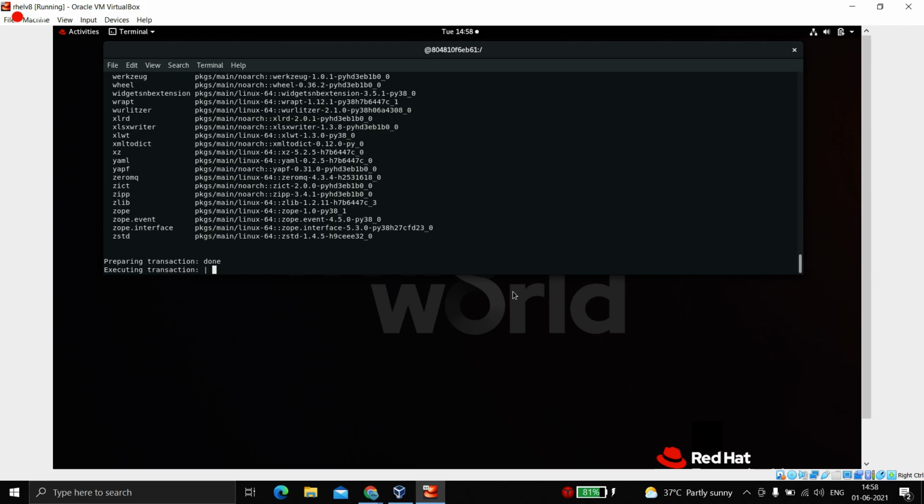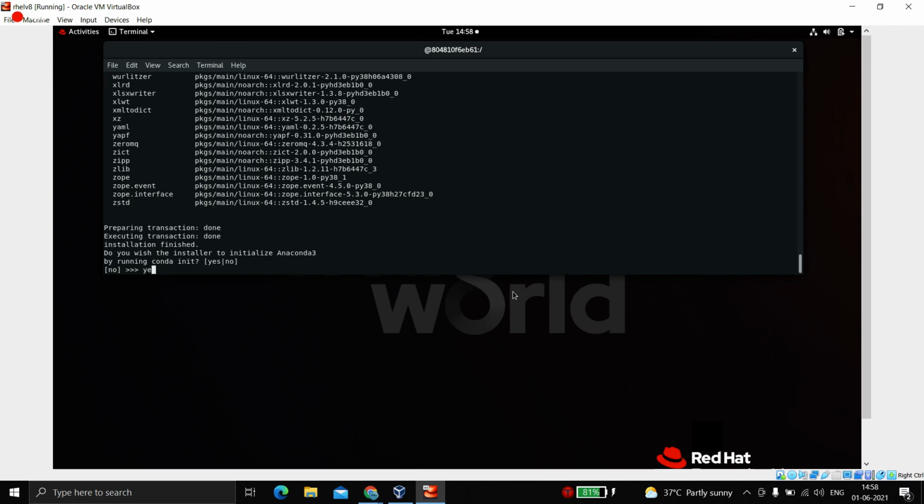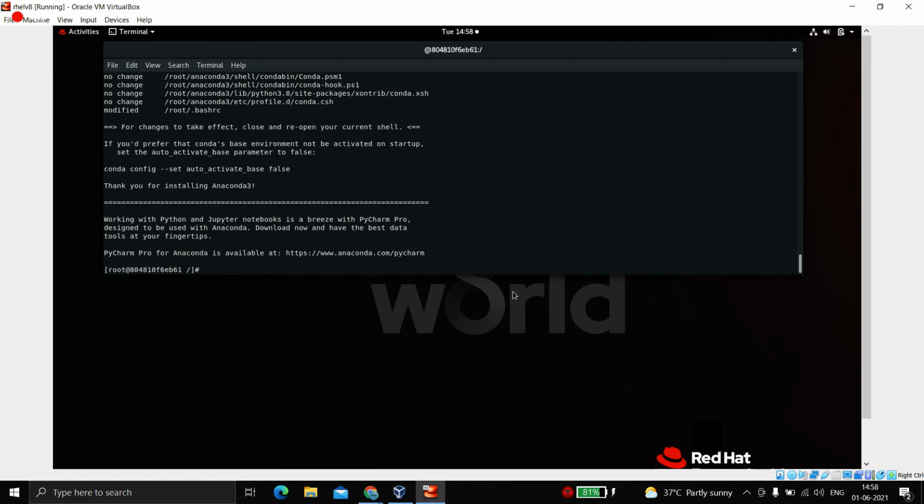So a Dockerfile is actually a code type of thing, and running that code would create the image. So it's a bit hard to do it. We can use a Dockerfile, but then we need to manually configure each and every file of Anaconda. So that would be very difficult for us. Finally, we will just run this command, and everything would be done.